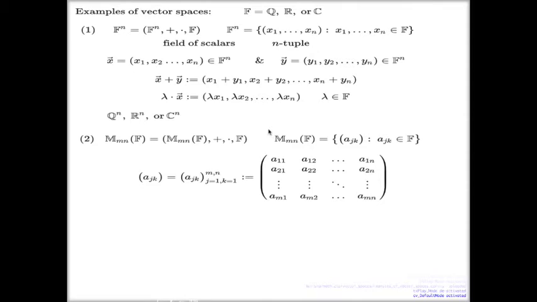Now this set can be converted into a vector space. In order to do that, I need to show you how we add and how we scale matrices. And that's how we do it, very similar to the way we do it with vectors. We do it in an entry-wise way. And that's a good way to write this. Look at this. If I have two matrices, matrix A, capital A,